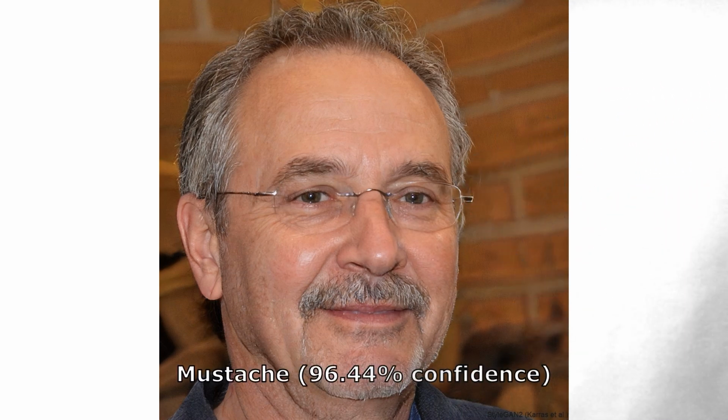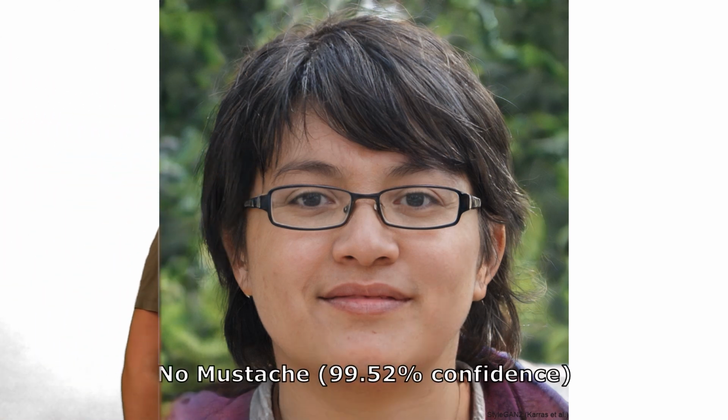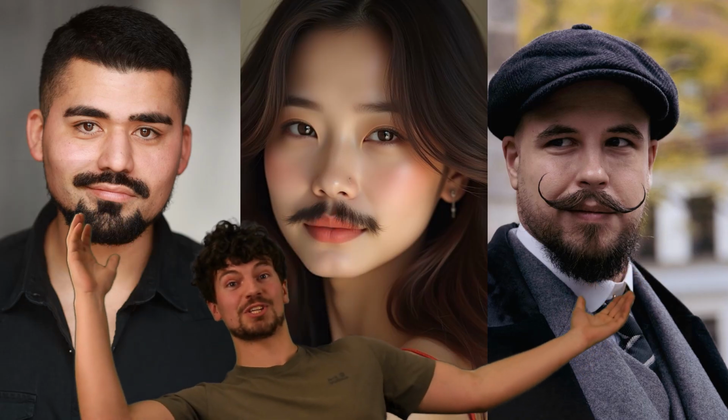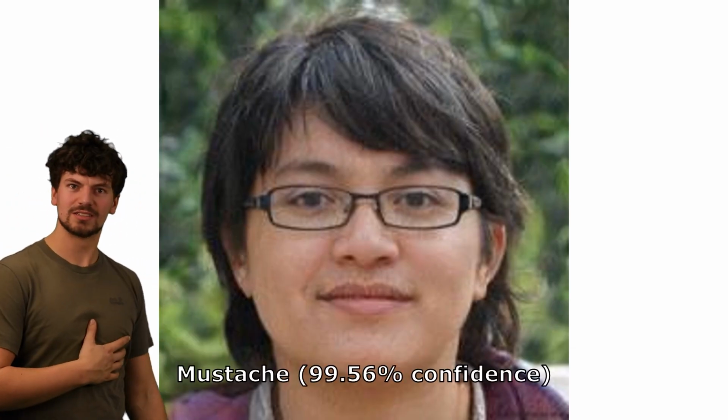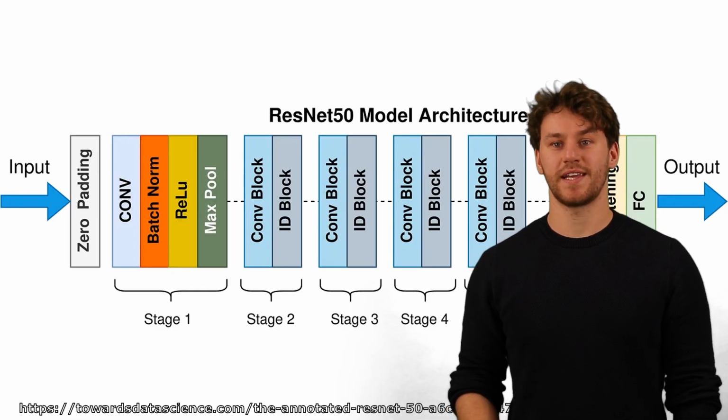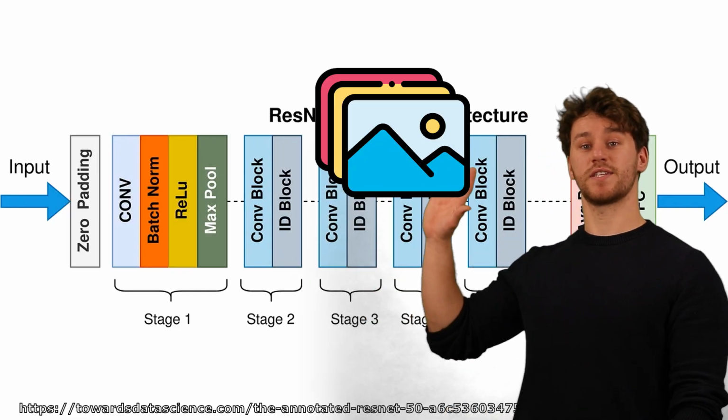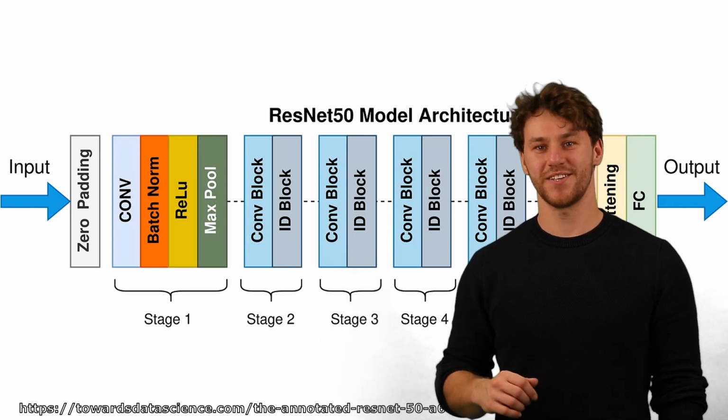This person has a mustache. This person does not. All these people have a mustache. But this person does not. Or actually does. We used a pre-trained AI model and gave it 10,000 images of celebrities, such that the final